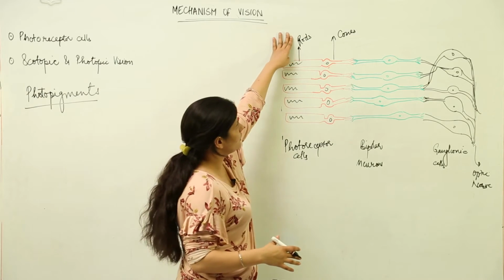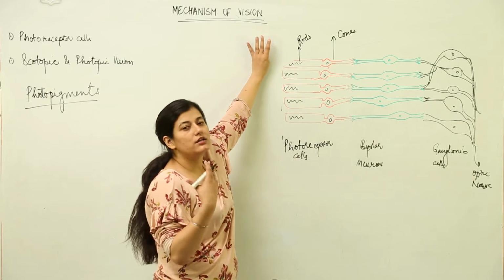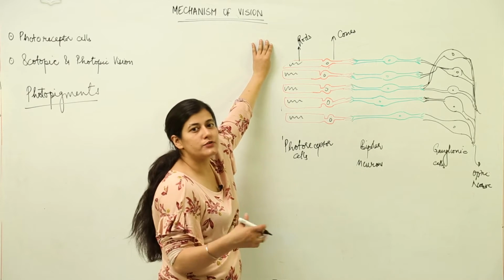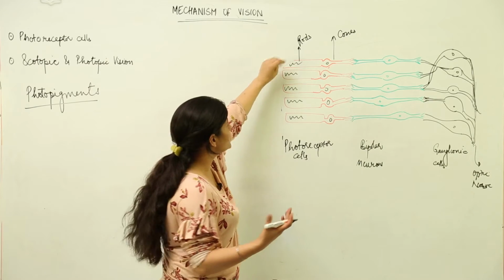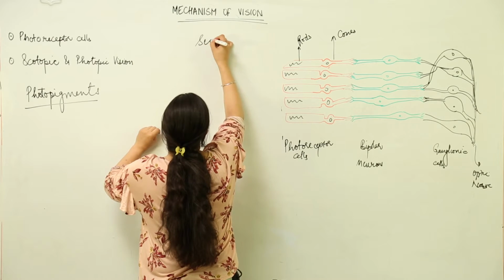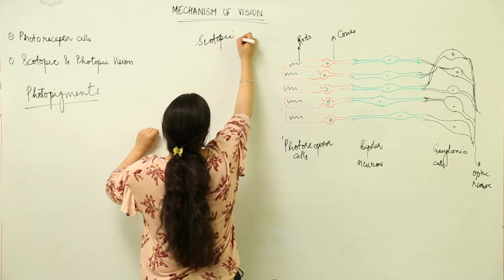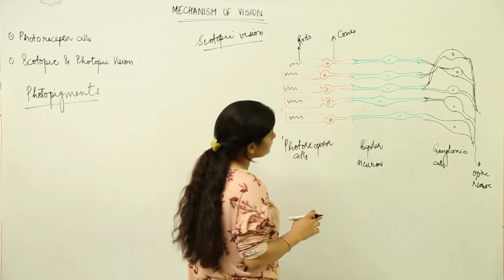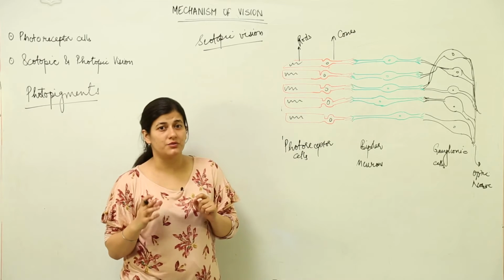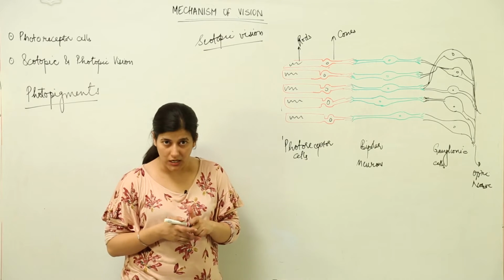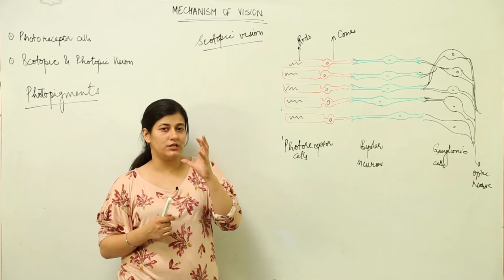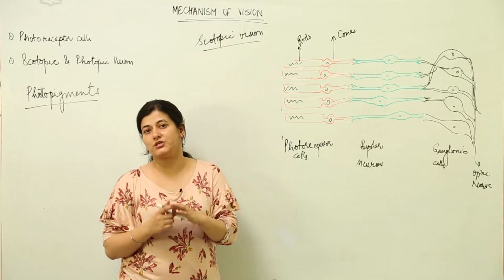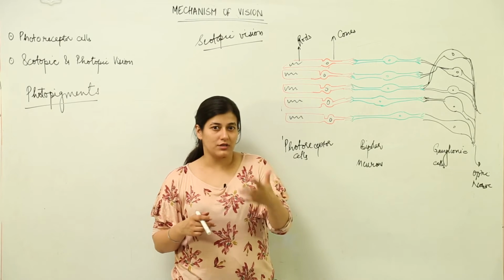Now, the first one being rods, you have to remember that different types of cells are responsible for providing different types of visions to the eye. Rods are responsible for scotopic vision. Now, what is this scotopic vision? It is the vision that you get when supposedly you go out in the dark, where there is a little bit of light present. The vision that you get in twilight, you are able to distinguish the things, but you cannot make out the color. You are getting my point.